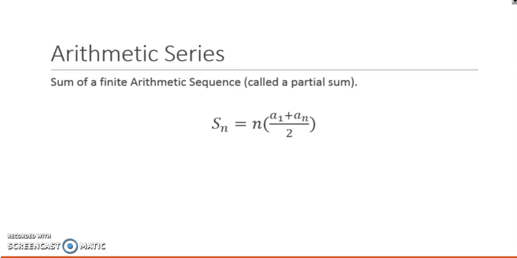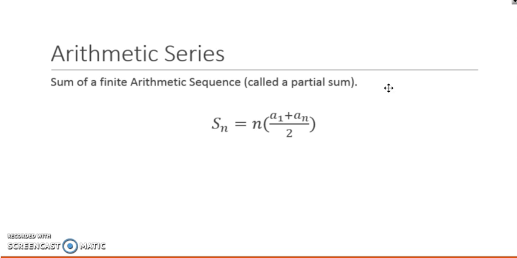Here's the formula for an arithmetic series. We'll do a different formula for geometric series later. So it's actually very similar to what you would see for averaging two things. You take the very first term and you take the very last term and you add them up and cut it in half. So a sub n is going to refer to the last term in the sequence